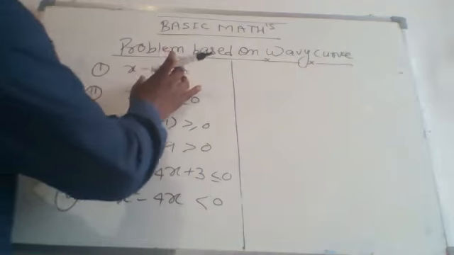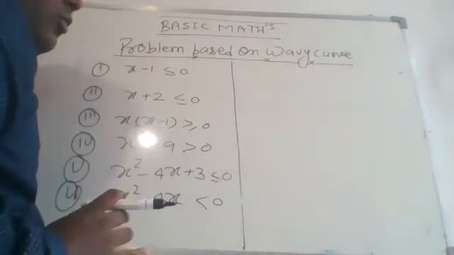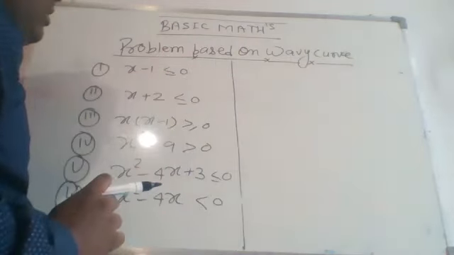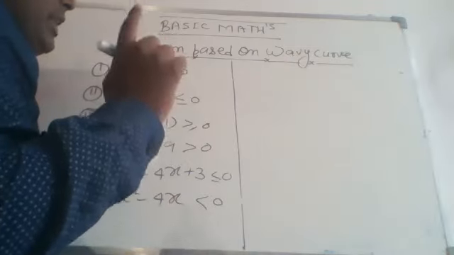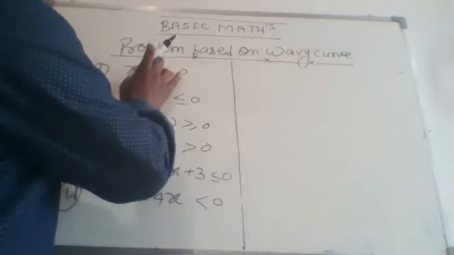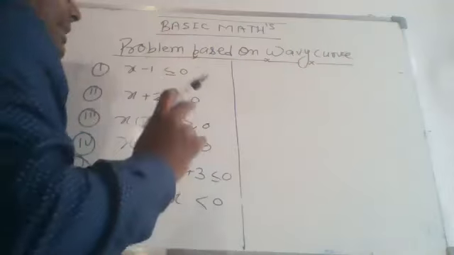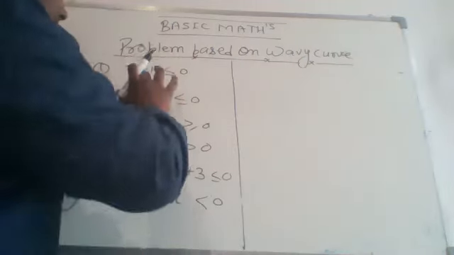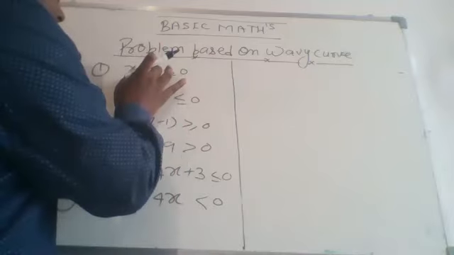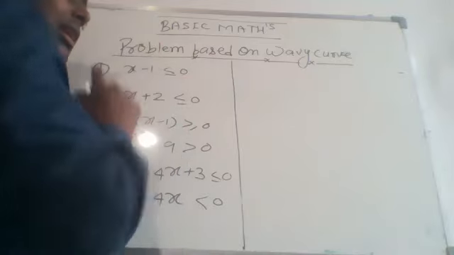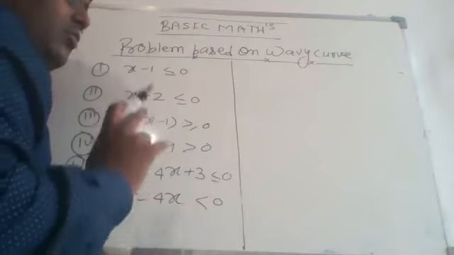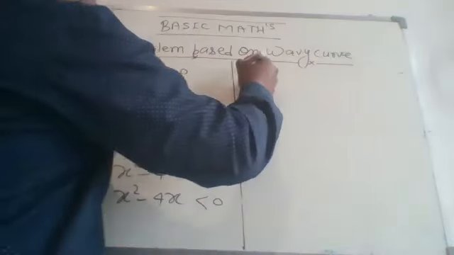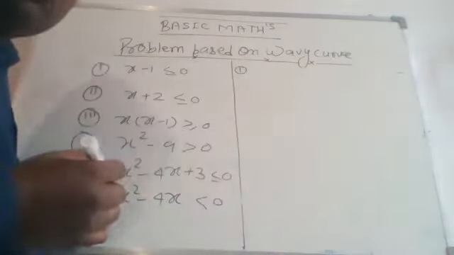Given first one, x minus 1 less than or equal to 0. As you know very well, according to the wavy curve, which is going to be explained one more time: here in the inequality, the right side must be 0, first thing. And second thing is that the coefficient of the higher power of x on the left side is always positive. Now, what was the first step? Let's solve the first question on the board.